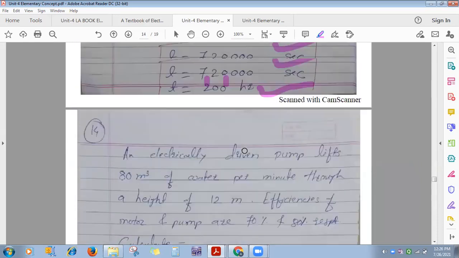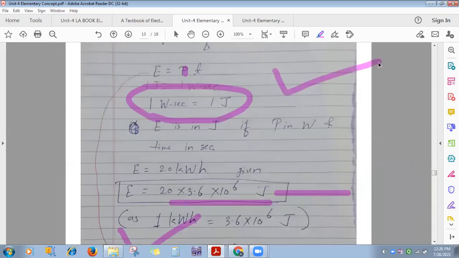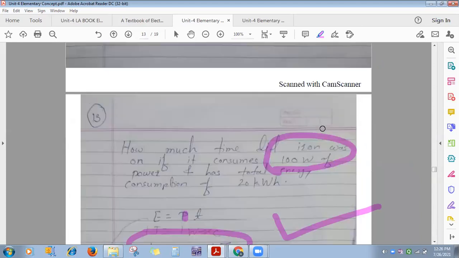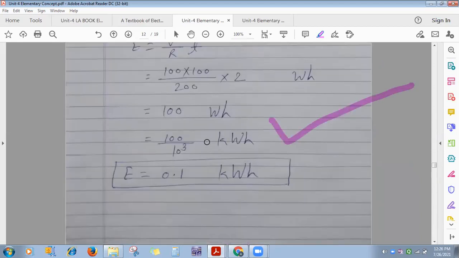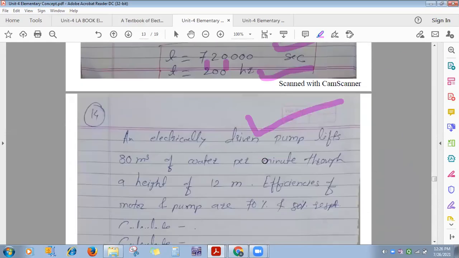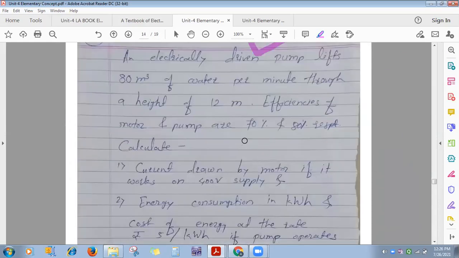Next one means load connected. Normally, whatever heater we switch on, lamps we switch on, motor we switch on, and then energy consumption, you get asked such type of numericals. Next type, see this one. In such numericals you will get asked energy consumed, then monthly electricity bill, weekly electricity bill, and so on. Now this one type is there. Everyone please concentrate for such numericals.